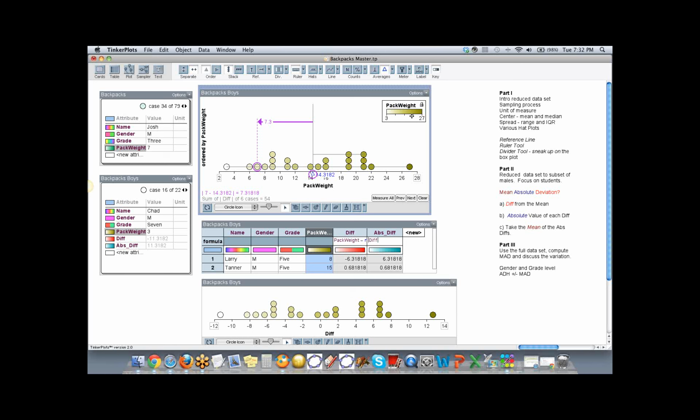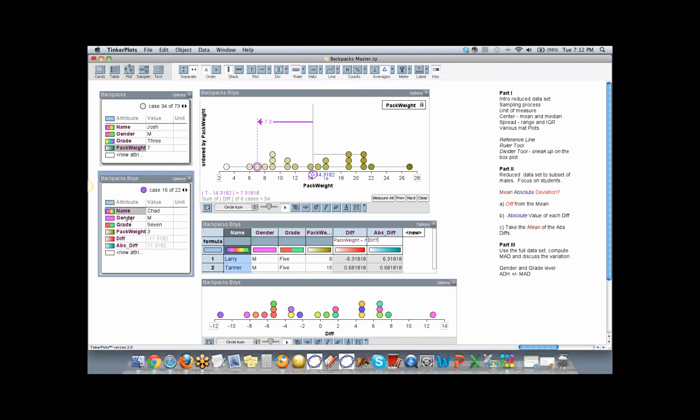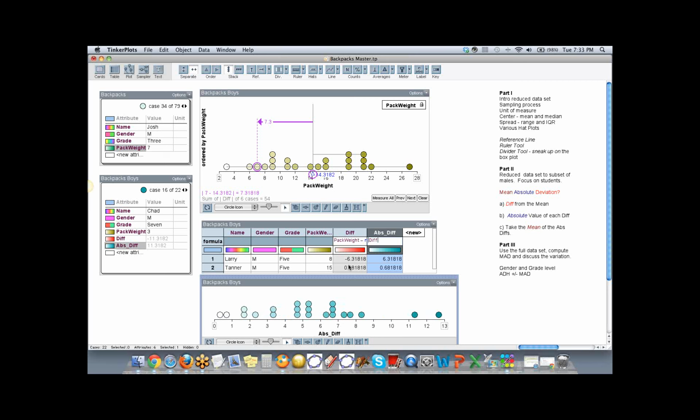So if you click on key and hit lock, we don't need to see the color gradient, so I'm going to hide that. And now when I click off of pack weight, notice in this card here, it's not changing in that first plot because it was locked, but it is changing in the second one. Now, what I want to graph in the second graph is the absolute value of all these differences. So now we're taking all the guys that were on the negative side and throwing them over to the positive side and saying, okay, let's really look at this plot. And the colors are different, so we're good.